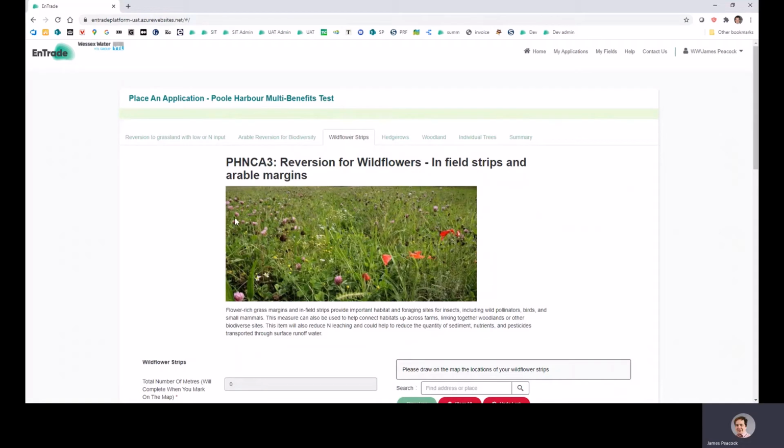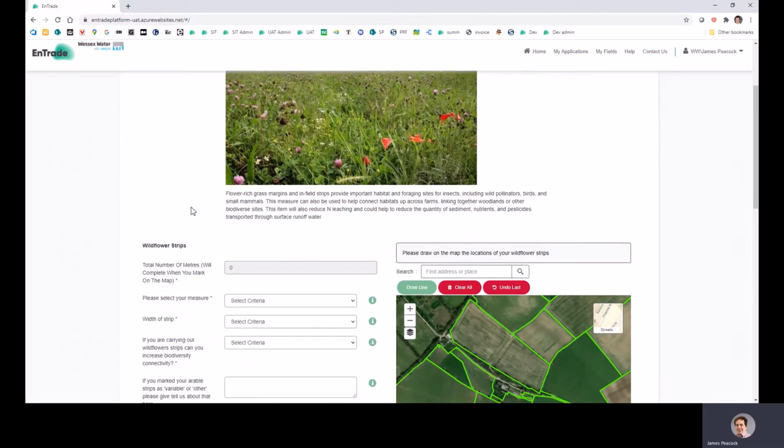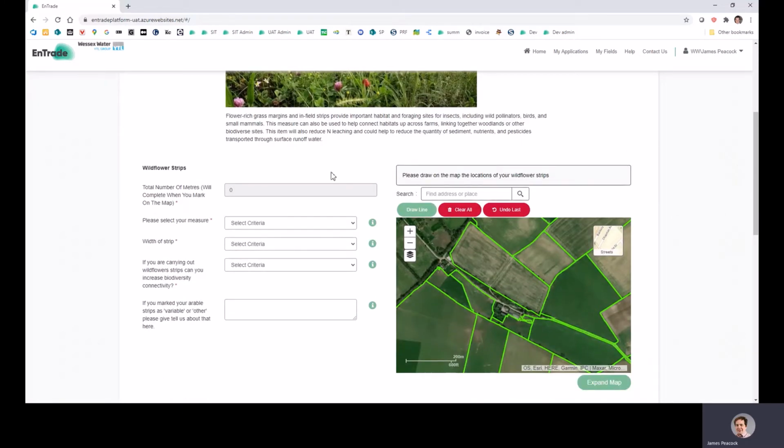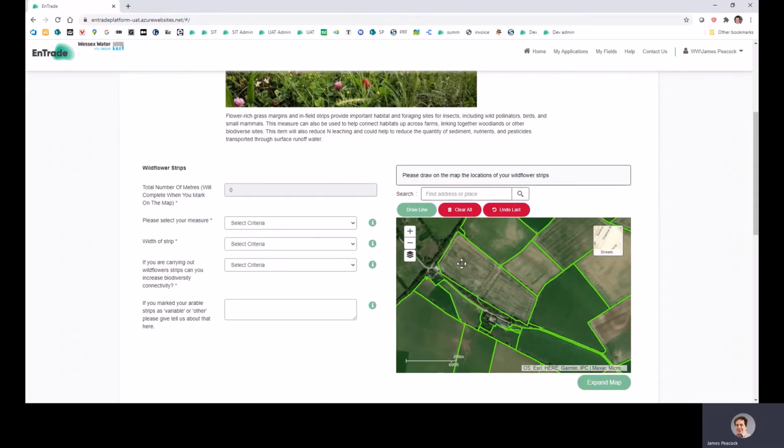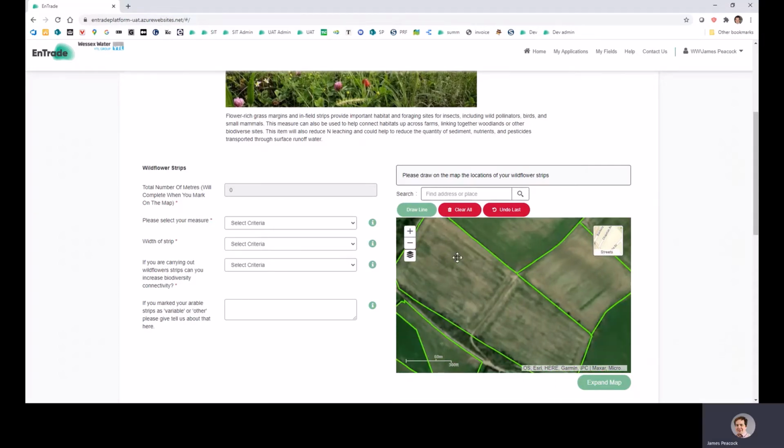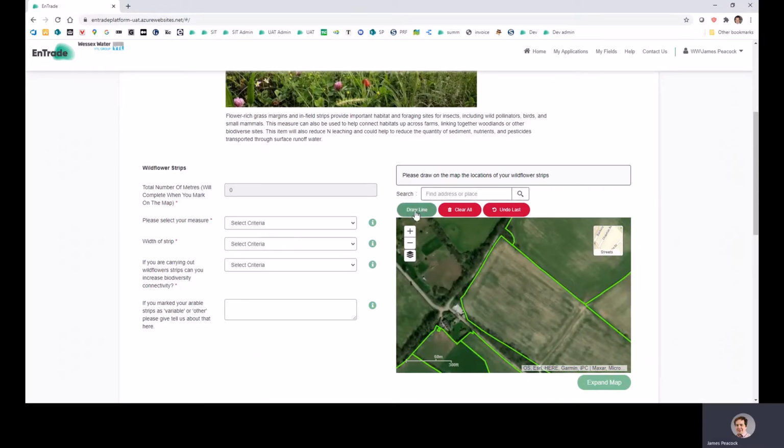So this video is for reversion for wildflowers in strips or arable margins. It's very much like the option that we have for arable reversion to biodiversity, but in strips or margins. So what you're going to do here is draw a line to show where in the field you'd like to put forward these